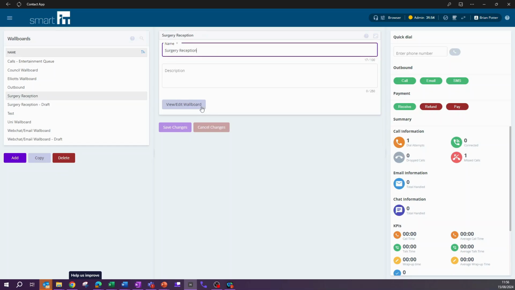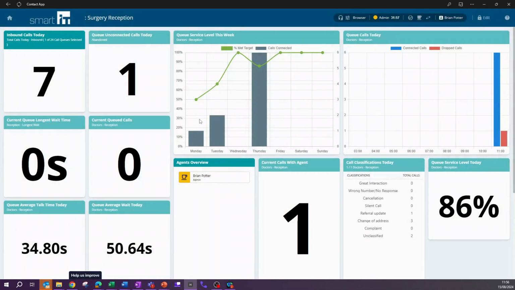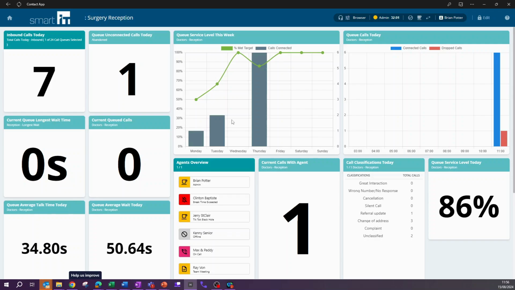I'm going to take a look at my live wallboard though, and you can then see in here how my surgery is performing today. So this is primarily looking at a reception type service for a surgery. I currently have no calls in the queue. I still have that call active that I did the listen in on, and I can see Max and Paddy still on a call, and I can see metrics that I've chosen to view in this wallboard, be that